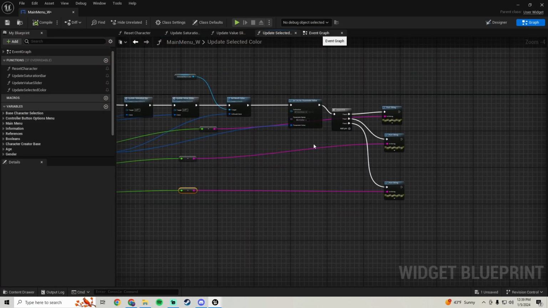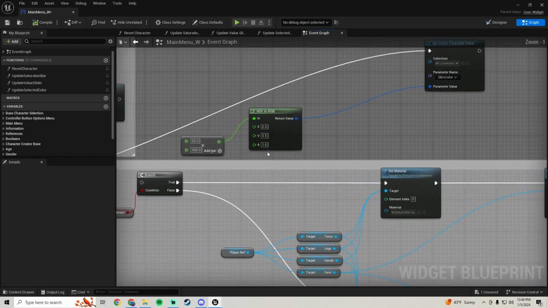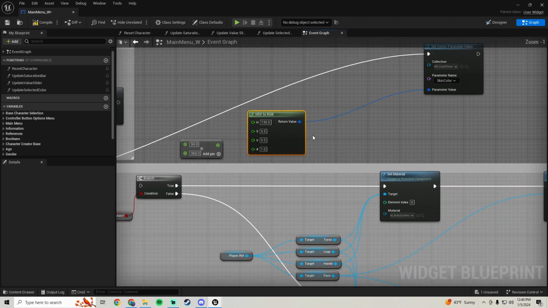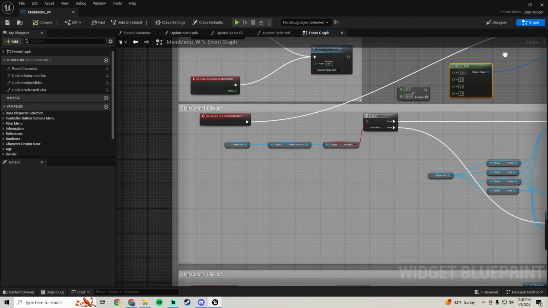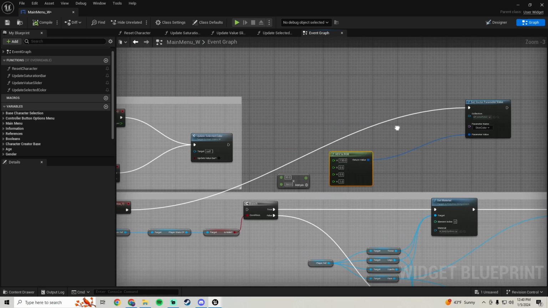Let's go back to the event graph and try disconnecting that and setting this to like 3, let's say 130, and keep those at what they are. And let's see. Oh, we have to